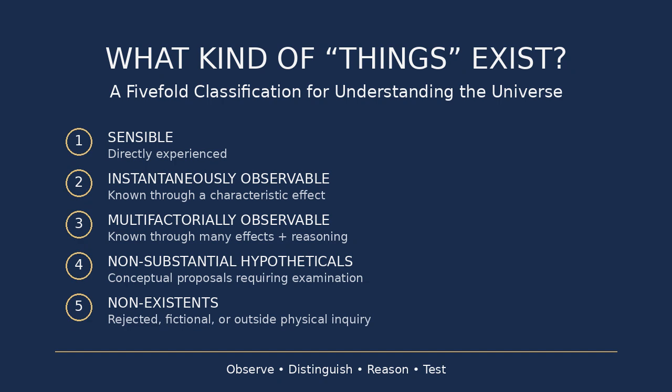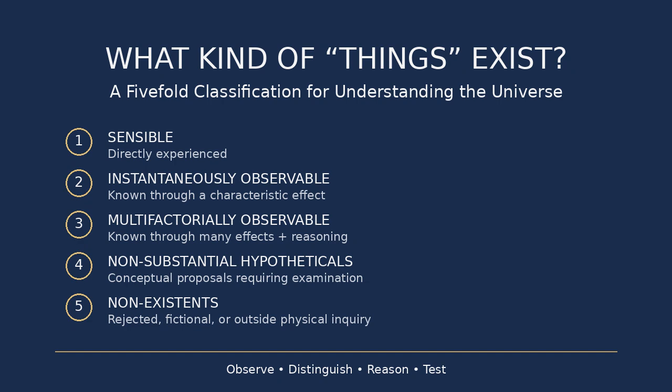Consider light. A photon is not something the naked eye sees as an individual object. But a photon can interact with matter. For example, photons can produce measurable effects in detectors, including the photoelectric effect. Electromagnetic radiation can also be detected through instruments designed to respond to it. Magnetism is another example of something that is not directly seen as a substance, yet produces observable interactions. The important point is that the physical entity is not established merely because we imagine it. It is connected to a measurable effect.